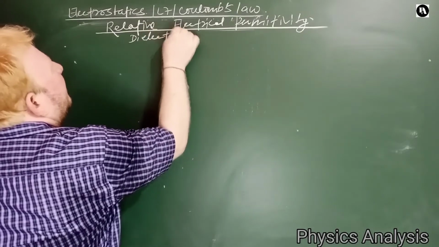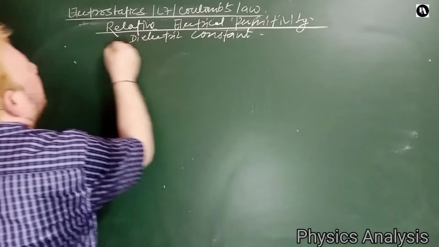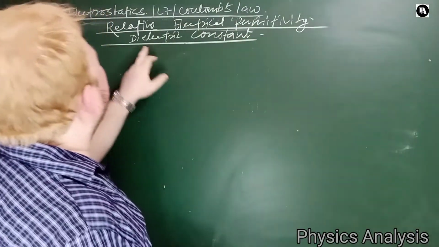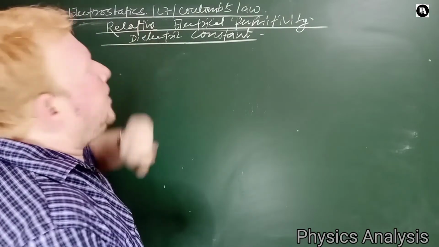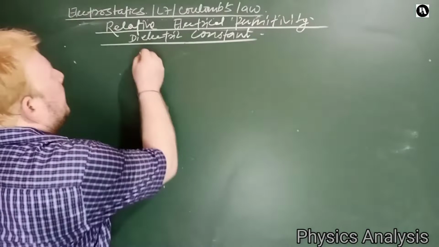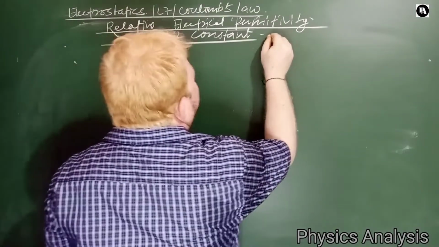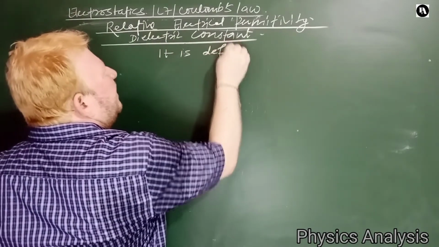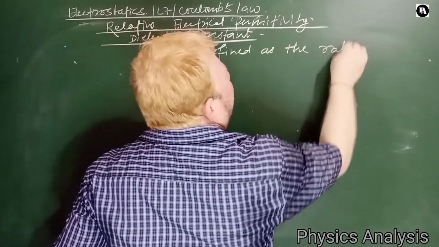Both convey the same meaning. Actually, relative electrical permittivity only is called dielectric constant. And now what is dielectric constant or relative electrical permittivity? See, it is defined as the ratio of